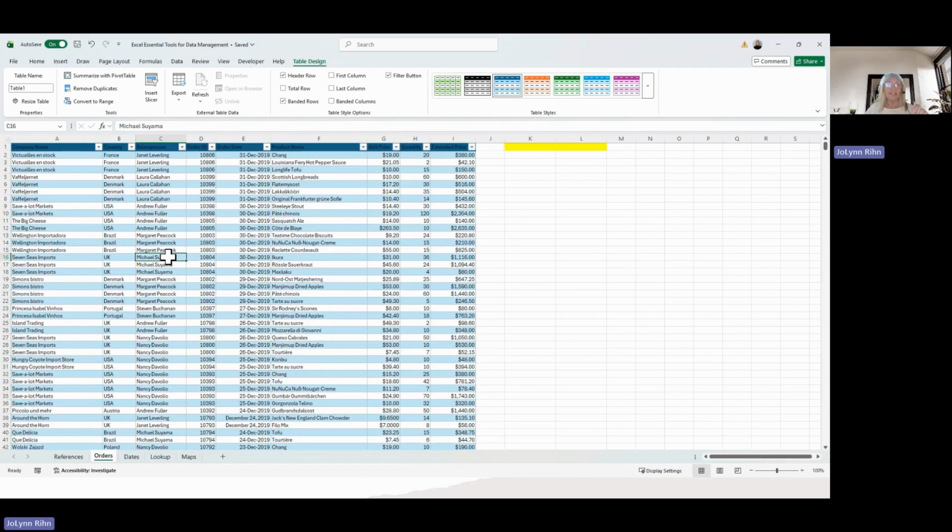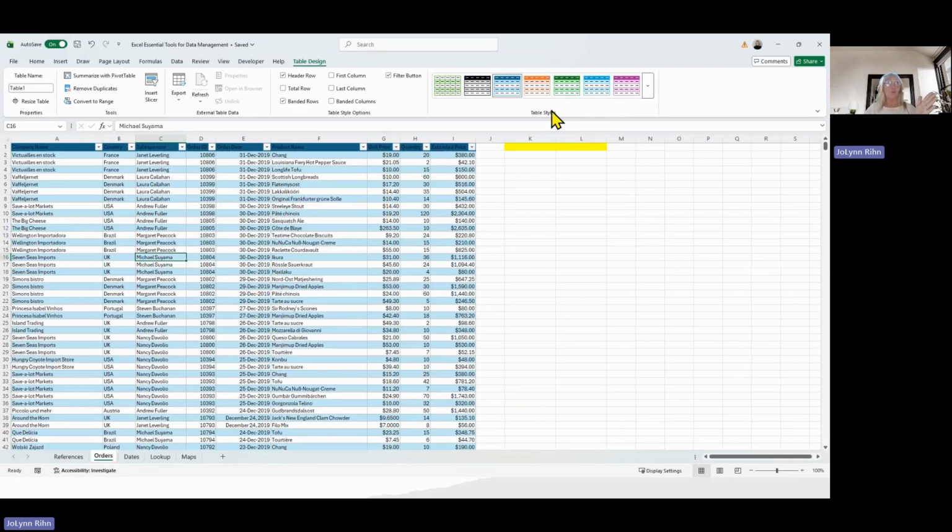I'm going to click on any cell. First thing that you'll notice is that it automatically formatted the data. If you look at your ribbon, it has a table design tab. And on the right-hand side, you're going to find table styles. This is a gallery of choices that you can use to change the styles that are being used within your